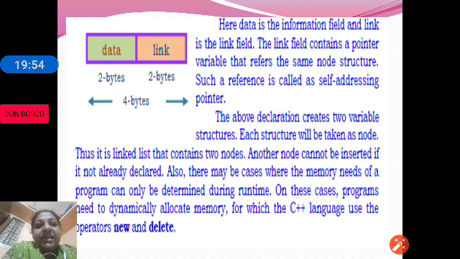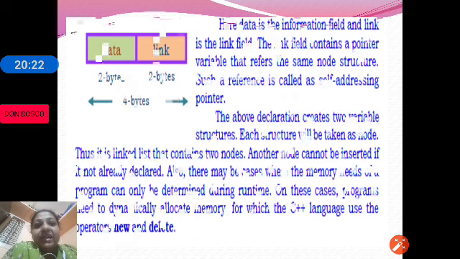Also, there may be cases where the memory needs to be allocated during runtime. To dynamically allocate memory during the execution time, C++ supports two operators, new and delete. New will help us to allocate memory dynamically, whereas delete will deallocate the memory dynamically.